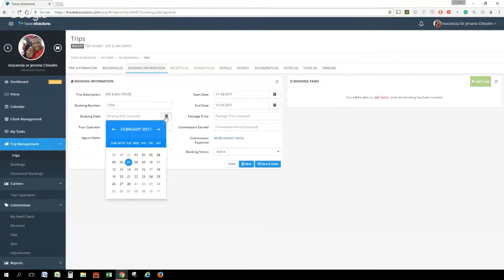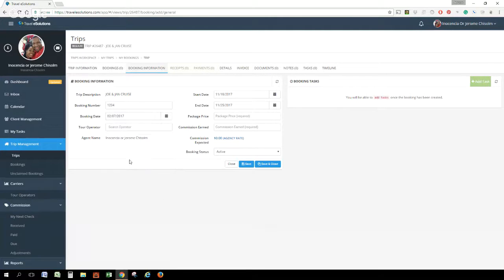The booking date is when you actually booked it. Let's say I booked this today. The tour operator has to do with who you are booking this directly with. If you book the cruise directly with Royal Caribbean, then you would type in Royal, and usually Caribbean will come up for you. If you book the cruise through, let's say, Travel Impressions, then you would type that in,